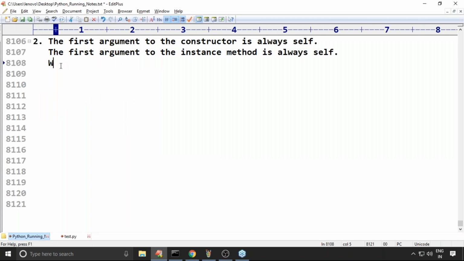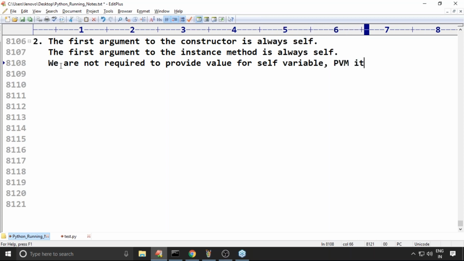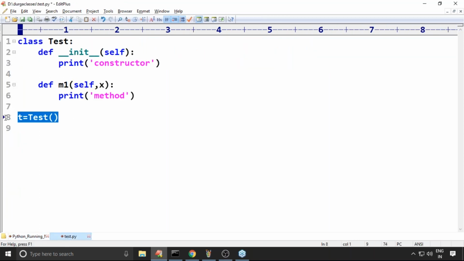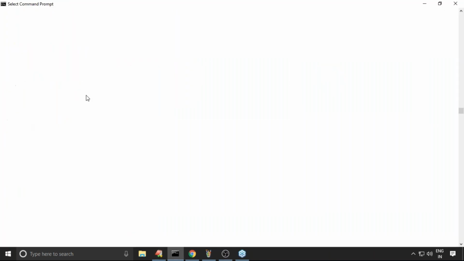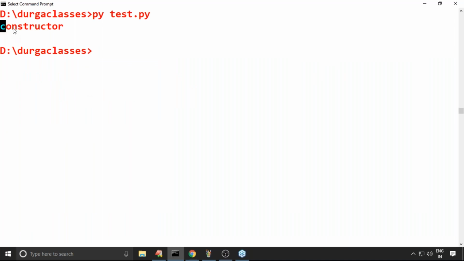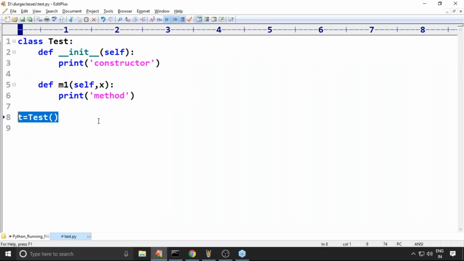We are not required to provide a value for the self variable; the Python virtual machine itself will provide it. Remember this one. So I'm not providing any value, and that's why it is acceptable. Observe, the constructor executed because we created the object. The constructor got executed, syntactically valid.